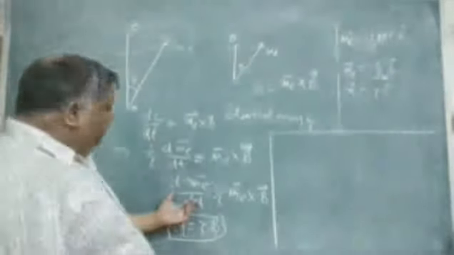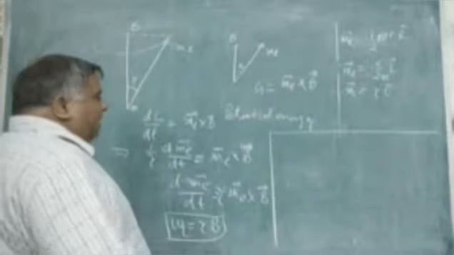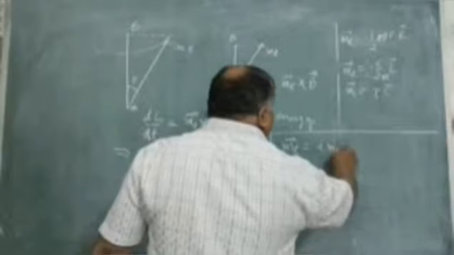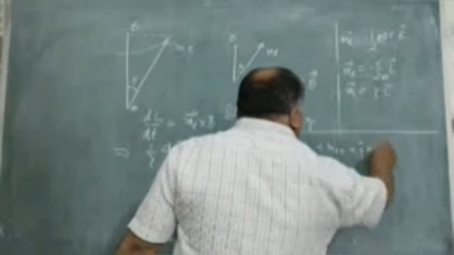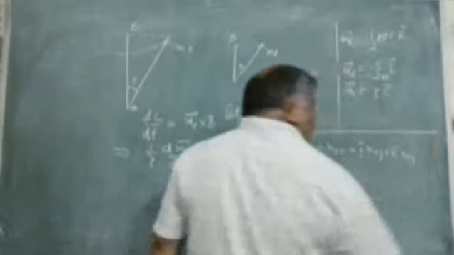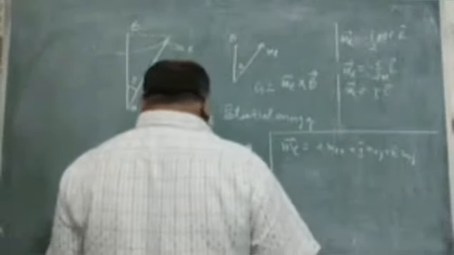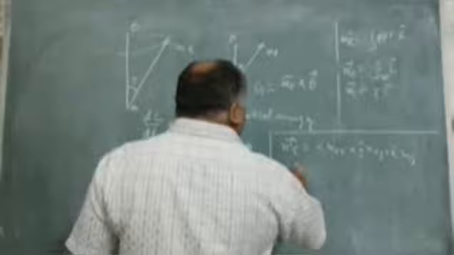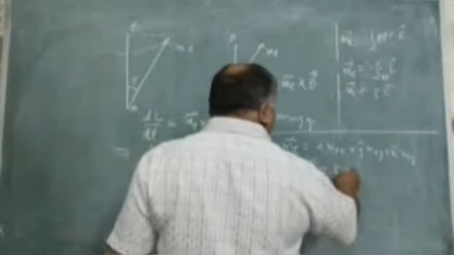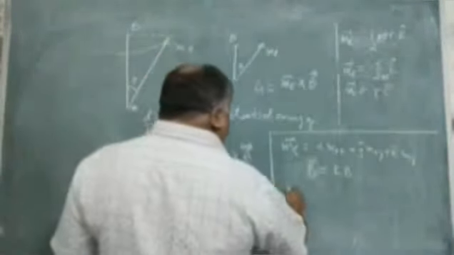We have this type of relation, which is nothing else but gamma m_l cross B. m_l has the components i m_lx plus j m_ly plus k cap m_lz. B is along the z axis, and B is the magnitude. So if you cross multiply,